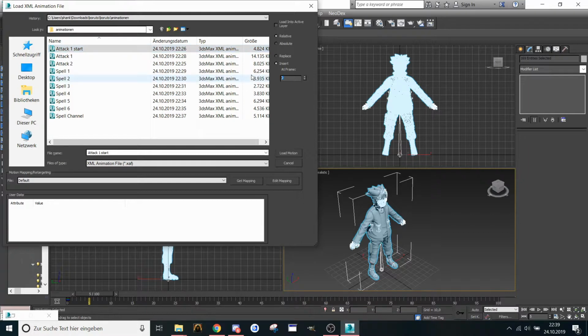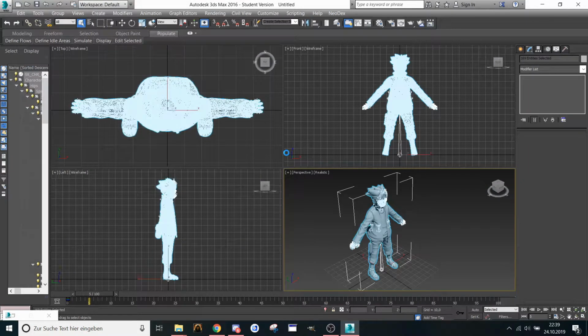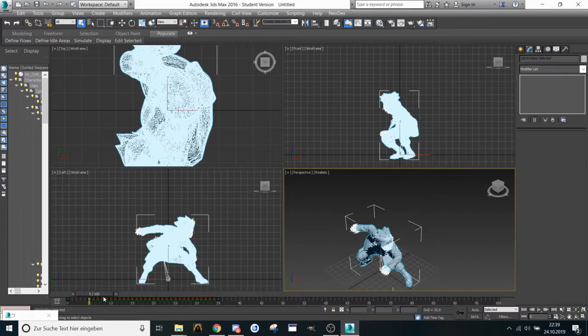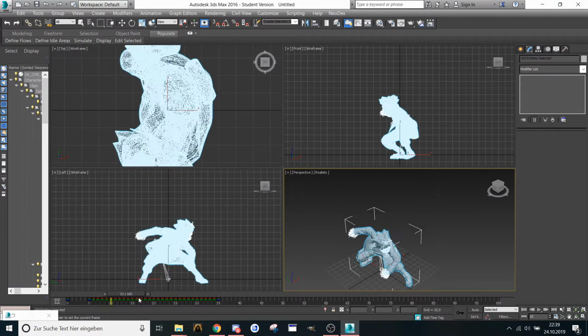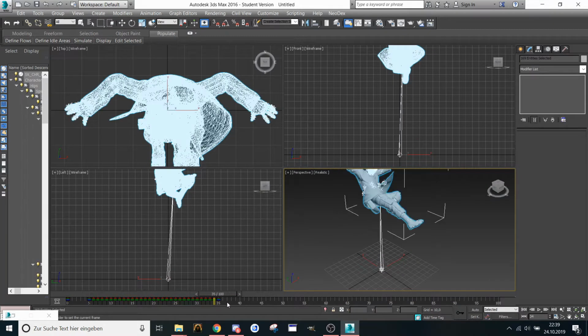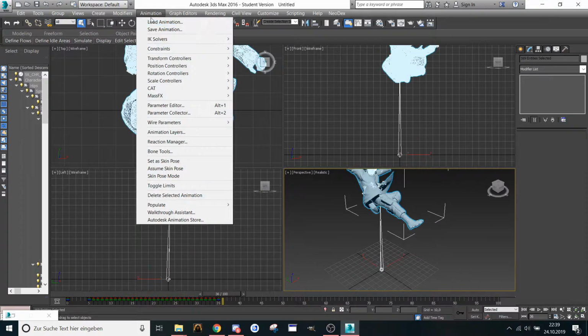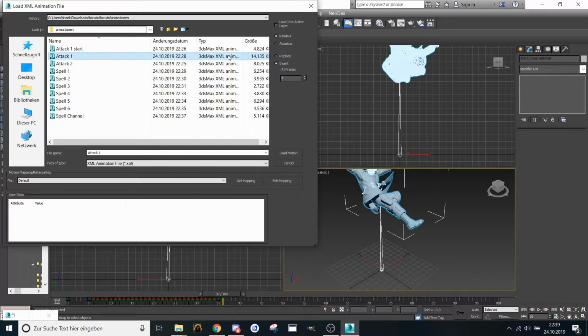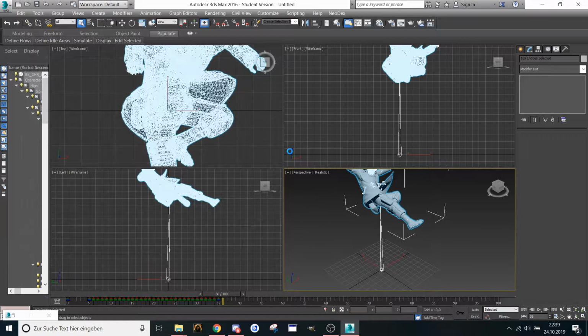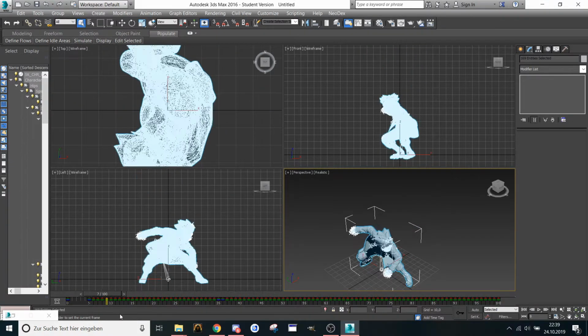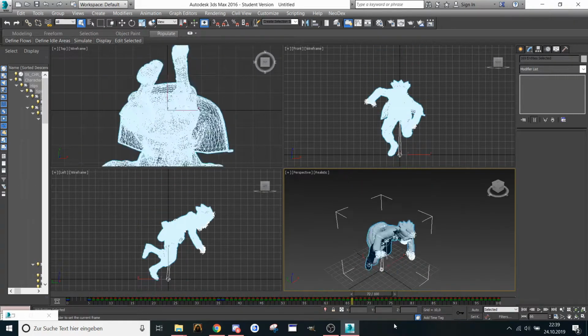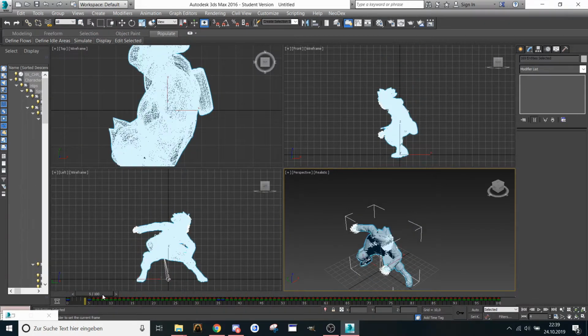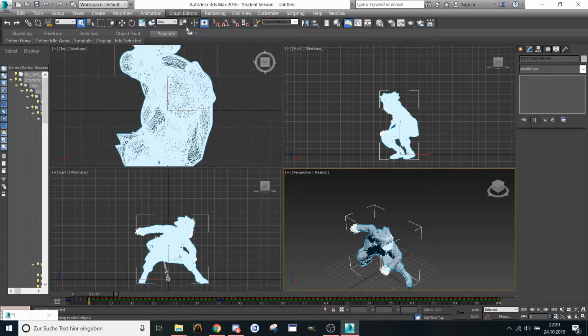Let's start with attack start at frame 5. Load motion. So now let's load our attack animation 1 at frame 36. 36, yes. So that means it's one big animation. And let's go to our dope sheet